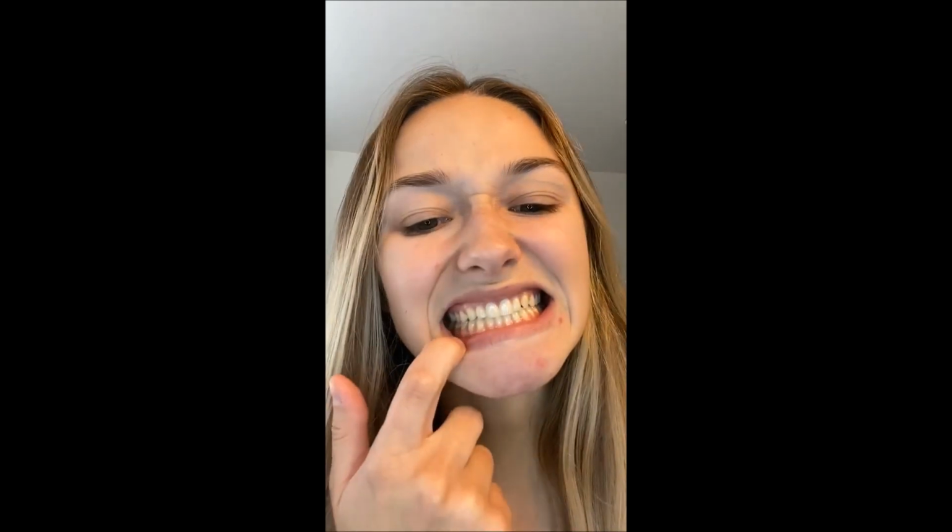It did irritate my gums a little bit. I don't know if you guys can see, it's healed a lot now, but especially at first, it was kind of affecting my gums and making my teeth really, really sensitive. But that is normal to a lot of teeth whitening methods. As you can see,